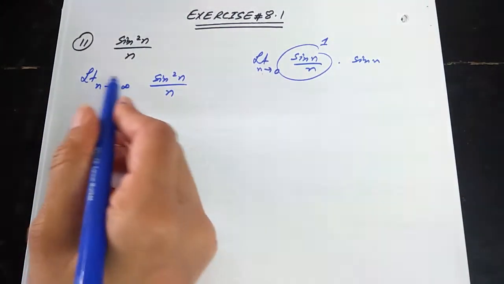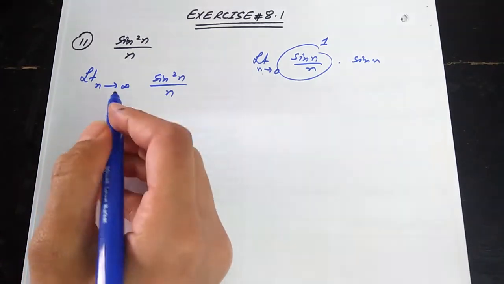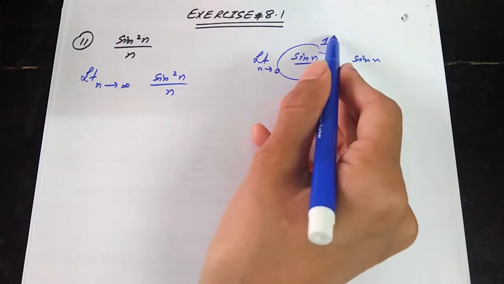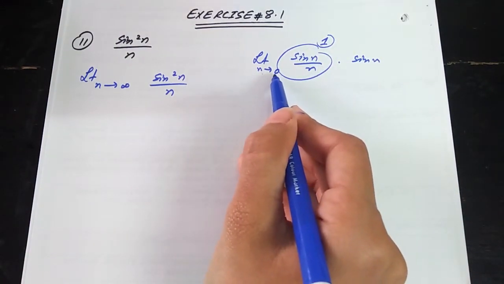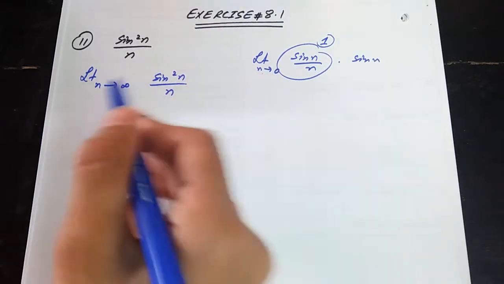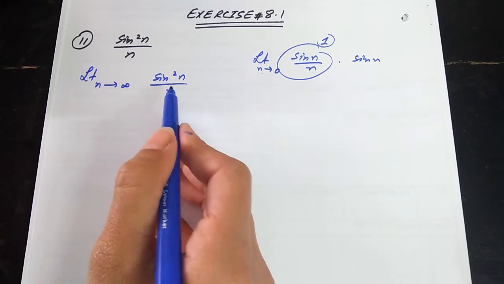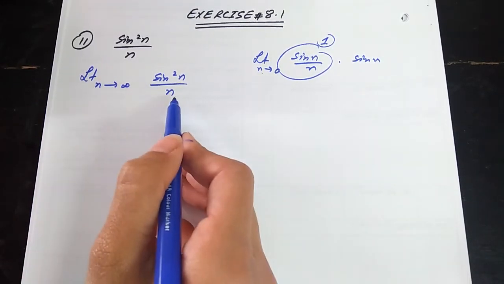But here in this limit, you have to check whether it converges or diverges. You have to apply the limit n approaches infinity. This case equals to 1 will not hold if we have n approaches infinity here. So we need to follow some other way to evaluate this limit. And the other way is the comparison method. And what is that comparison method?